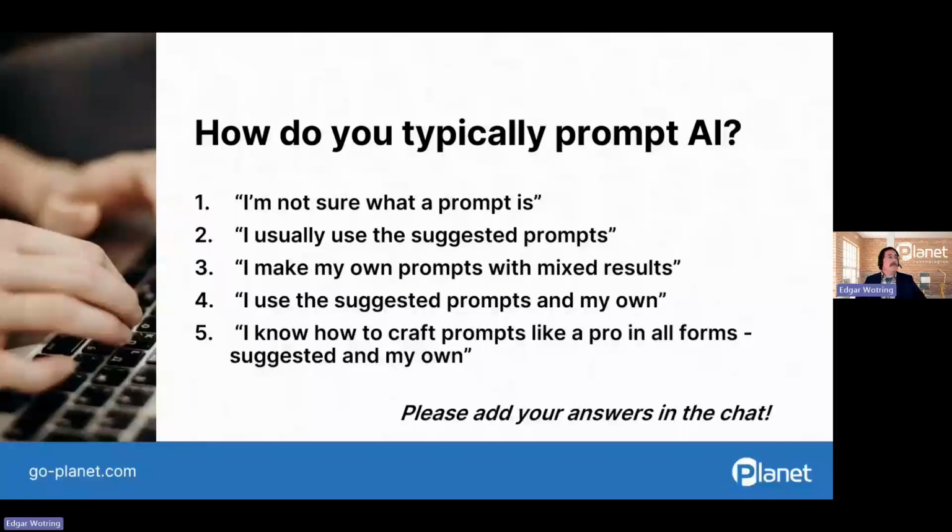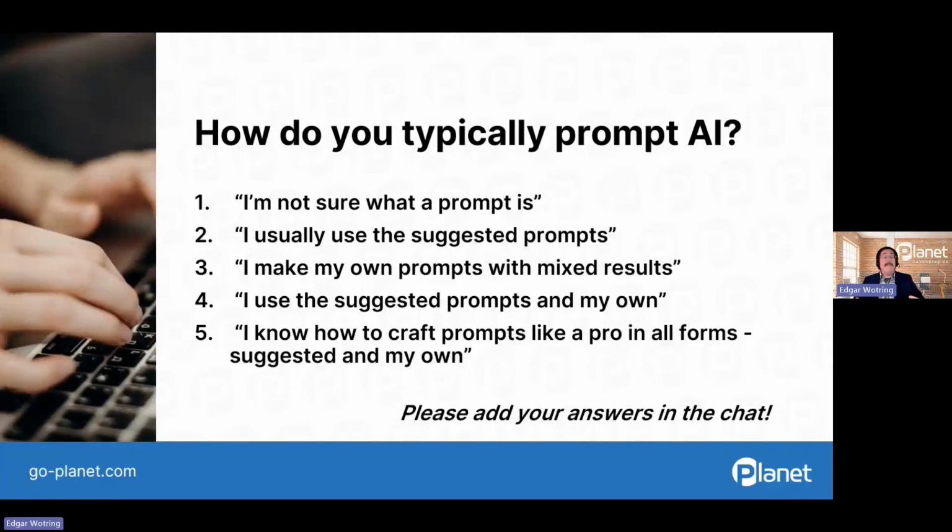So I know my colleague Julie just placed a poll here in our chat. Really appreciate all the responses that we're seeing. But another question, and this one's focused specifically on our experiences with prompting in AI. As you can see on screen here, a little bit of a range, if I can say it that way, starting at 1 with a user that maybe feels they're not even entirely sure what a prompt is, all the way up to 5, someone that says, I am a consummate professional, I'm a prompting Jedi, and then some choices in between.